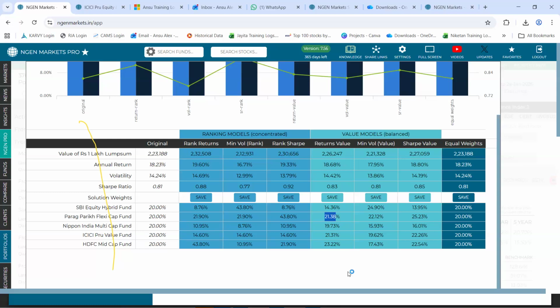So, if I just try to summarize in my words, first the rank returns is like winner takes all. So 1 by 1 plus 1 by 2 plus 1 by 3 plus 1 by 4, whatever the number comes, again it is brought back to 100%, and then accordingly it comes, say 1 by 1 becomes 43%.